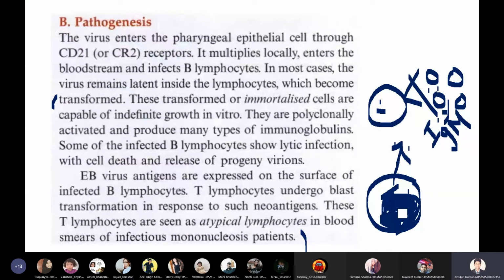These particular cells are the infected T lymphocytes, so these are atypical T lymphocytes. These atypical T lymphocytes can be seen in the blood smear of a patient infected by Epstein-Barr virus. This particular condition is called mononucleosis, since mono means there will be a vacuole within the nucleus of the T lymphocytes. That is why this condition is called mononucleosis. Parallelly, it is causing Burkitt's lymphoma by attacking the B cells, and also mononucleosis in the T cells, and it will also cause a cancer in the nasopharyngeal region of the mouth. See how much destruction the virus is doing inside the body, right?